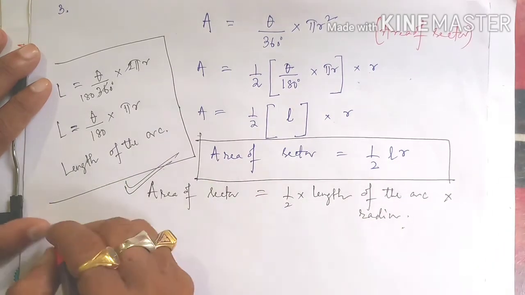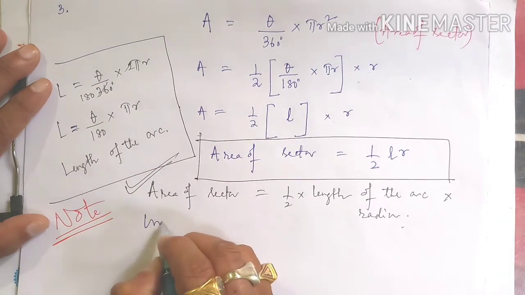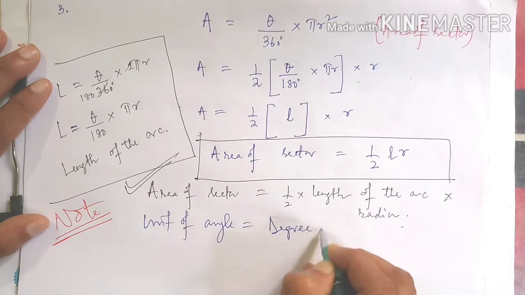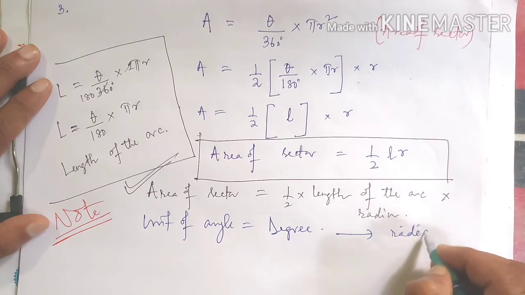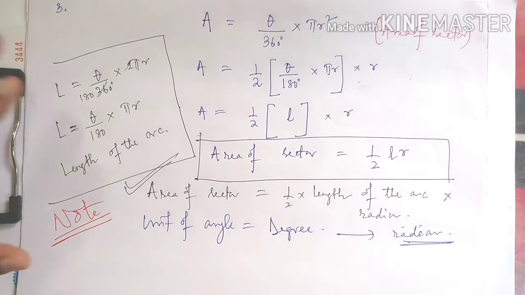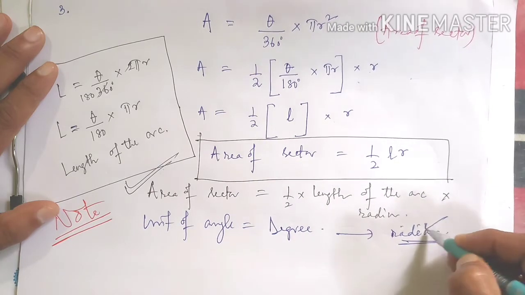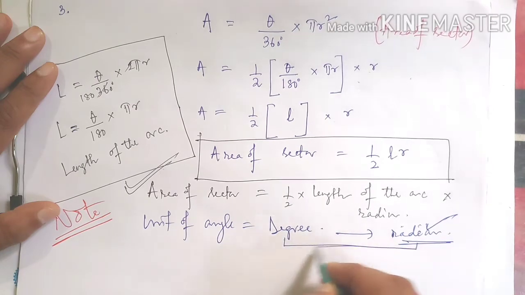Now, some other situation I am just writing. This is a note point. For your benefit, the note point is what? What is the relation between theta and radian? We know, students, the unit of angle is degree. But sometimes we have to use the unit radian. Radian is what? In class 11th, in physics, there are so many calculations and illustrations, and you will be clear about what a radian is. But before this, I am going to clear you on the relation between degree and radian.